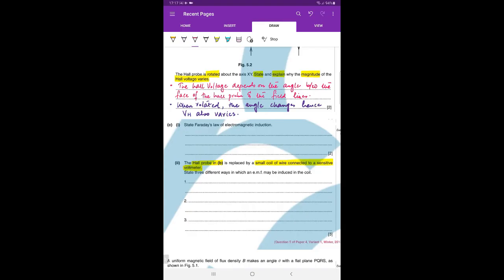And now this is just another way the examiner is trying to highlight the term जो हमने कल किया था, सर्ज कॉइल. ठीक है, रिमेंबर हमने कल डिस्कस किया था कि सर्ज कॉइल इज इससे पहले भी किया था इनफैक्ट. A surge coil is a coil containing a large number of turns where the ends of the coil are connected to a sensitive voltmeter in this case. The question is saying state 3 different ways in which an EMF may